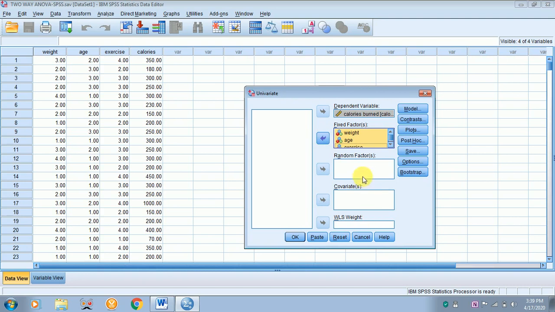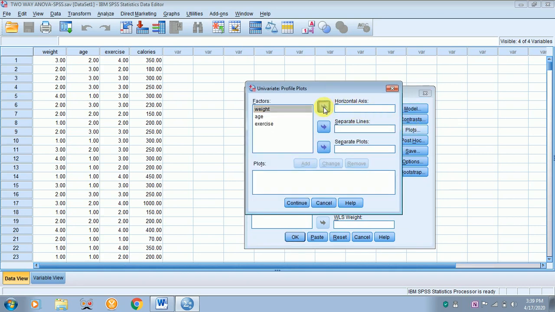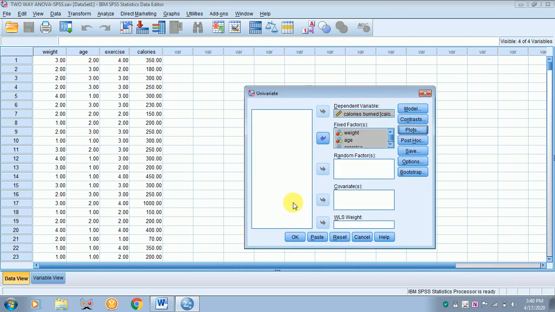Here you are leaving these empty. Let model contrast be as default. Click plots. So I require plots for each and every independent variable. Suppose there are only two independent variables, then we could have got one plot. Now there are three, so interpretation would be difficult for three variables together in one plot. So I am placing them in different plots, and later I am clicking continue.